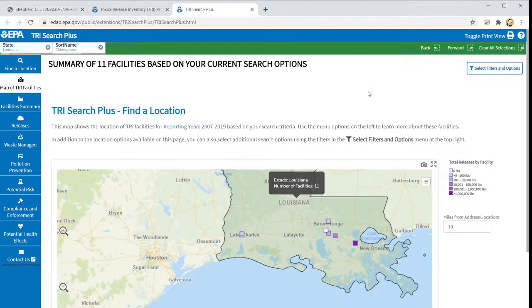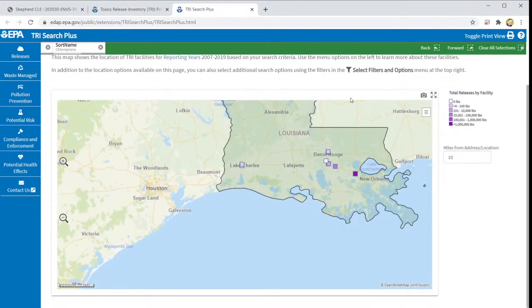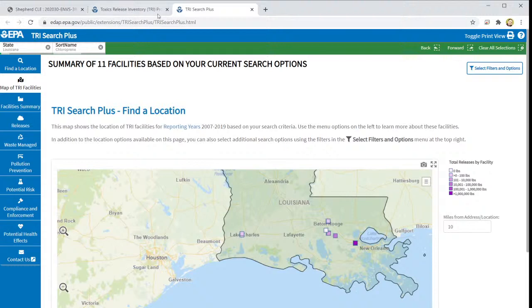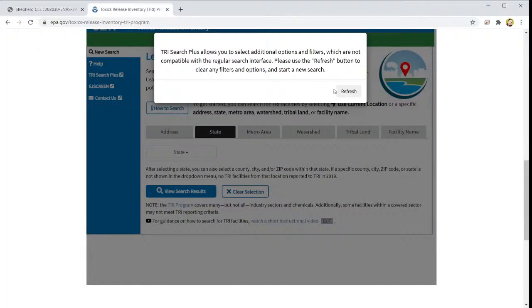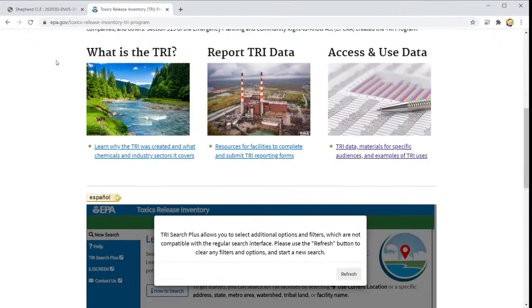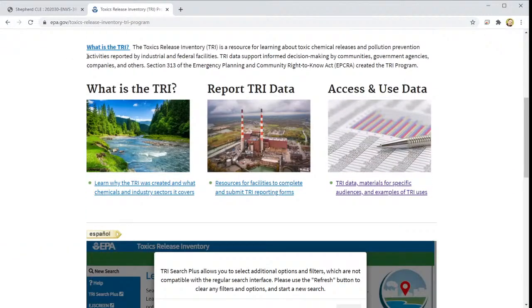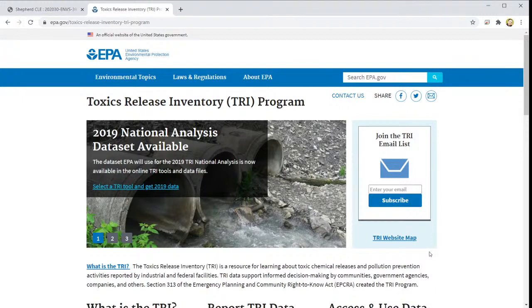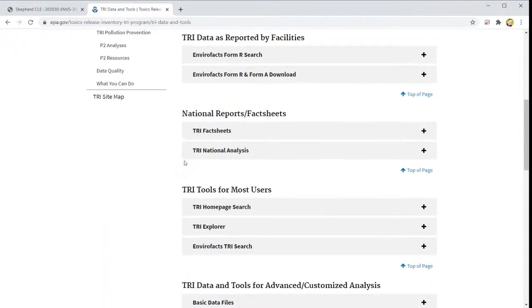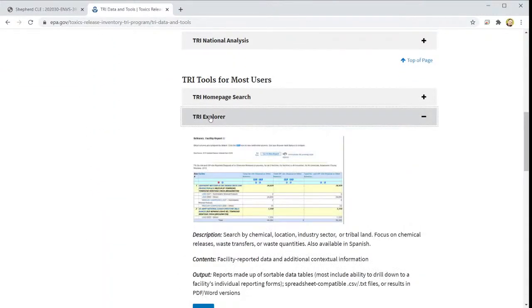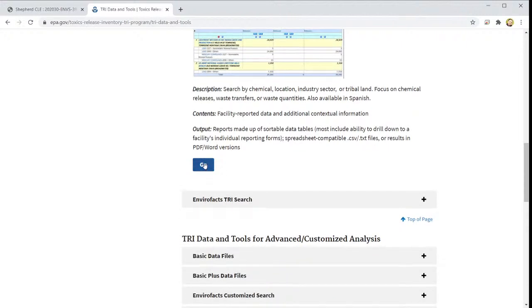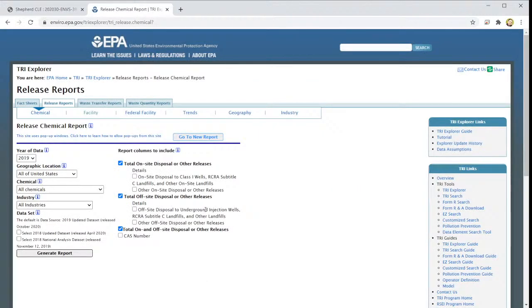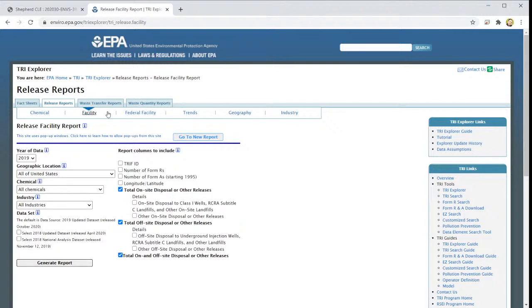The one thing that's missing here is there's really no way to download this data. I don't see anything here, but I know that there's another version of the TRI. Let's go to this page. Here it is, the Explorer. So it's the TRI Explorer. Let's get facility level data